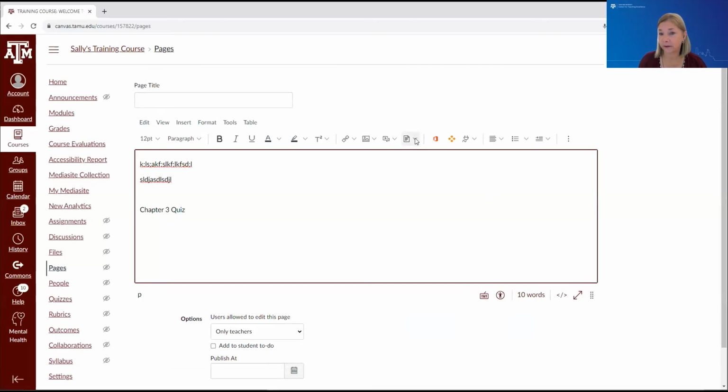This will embed a file, such as a document. This will help you link to something that you have saved in your OneDrive through Microsoft Office. This is our media site, media recording and file management. And then there's some other plugins, and these are like our third-party tool apps. So I encourage you to get into this rich content editor and start exploring, see what's in here, see what's